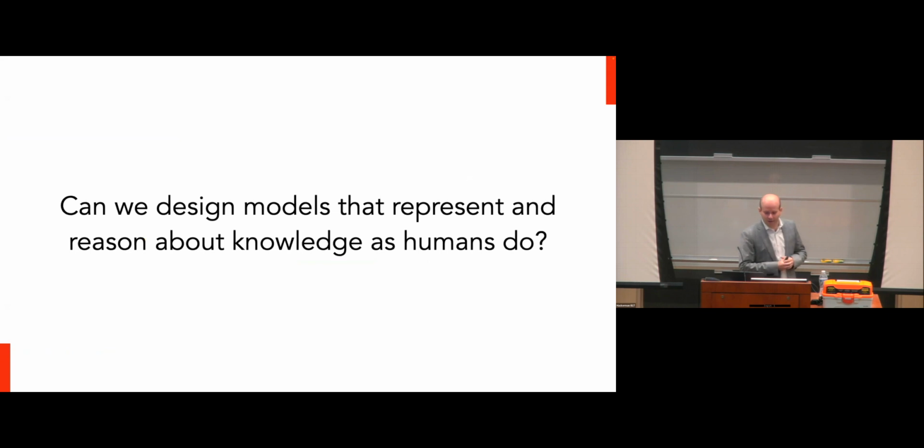So getting started. In my research, the key question that I typically try to answer is, can we design models that represent and reason about knowledge the same way that humans do? Why would we actually want to answer this question? Because it's really the most important goal to unlock agents that can actually advise and augment our own capabilities. They need to be able to understand situations the same way that we do, so that they can provide solutions that, at worst, are what we would think of doing, and at best address our problems in more constructive ways that we wouldn't necessarily have come up with on our own.